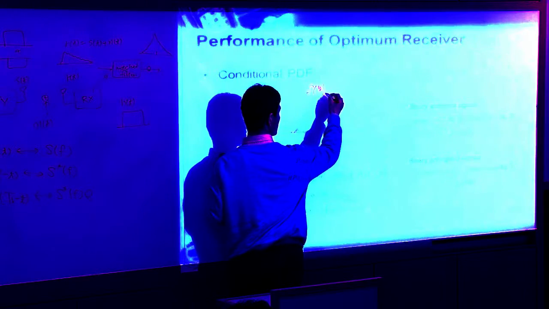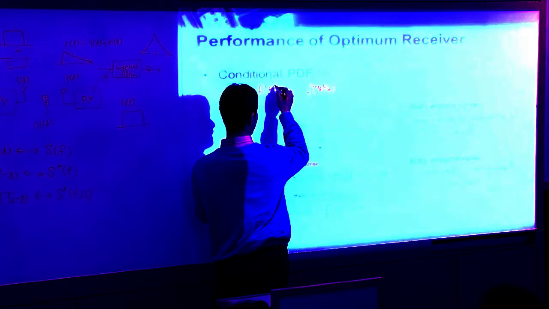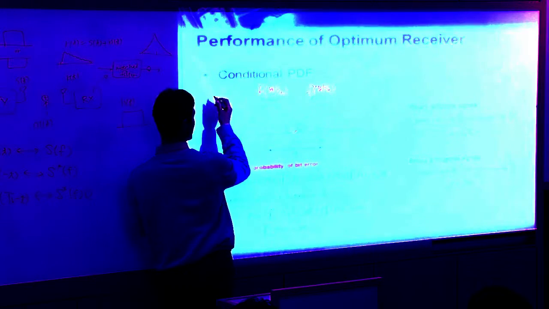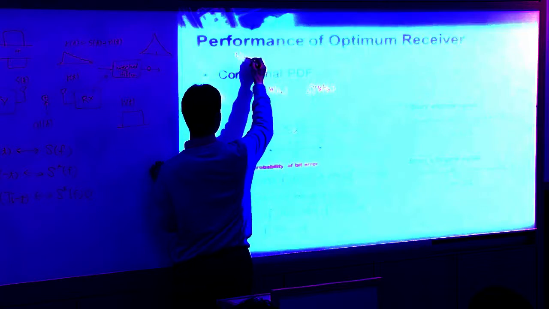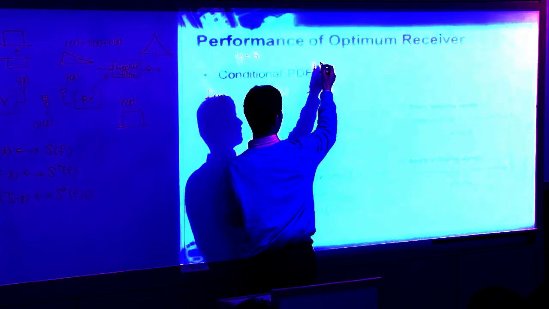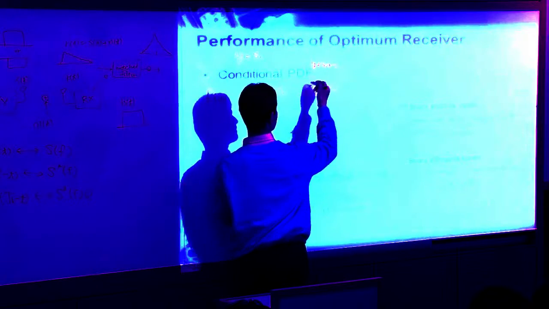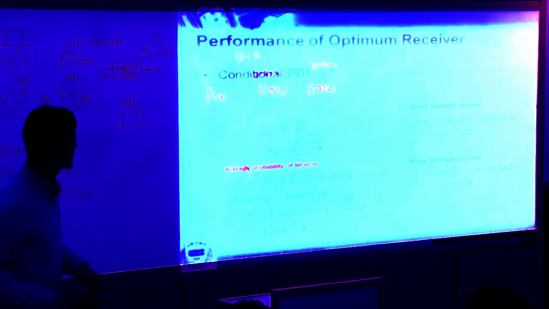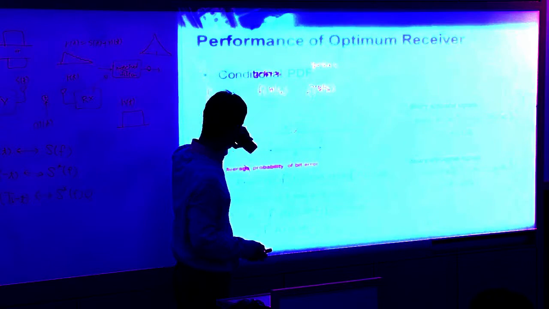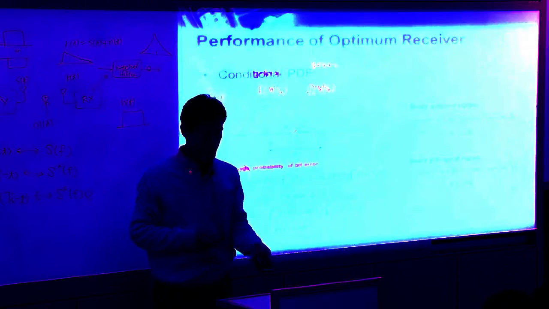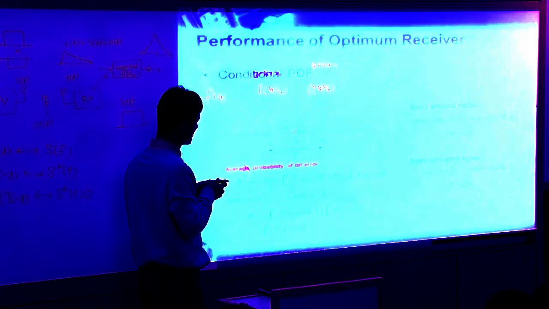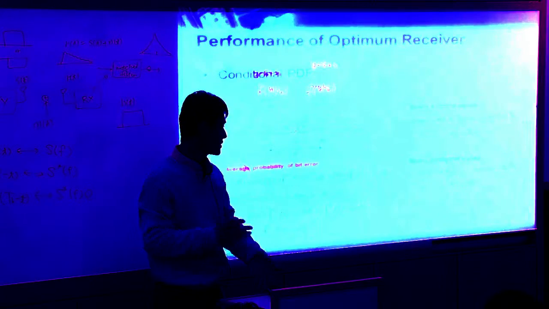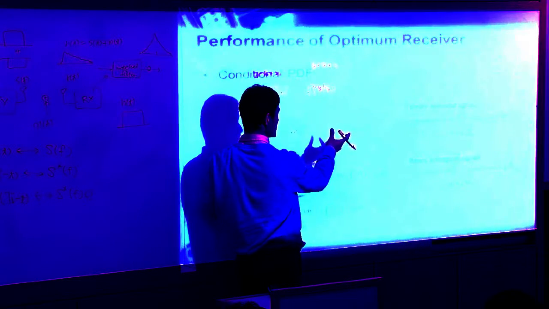But looking at here, this is a conditional PDF. Why is it a conditional PDF? What's the difference between this one and this? Right here, y is S1. In this case, y is S1 plus n. In this case, y is S2 plus n. Something like this. Actually, that's not exactly true, but it's easier to understand. So what we are doing here is a conditional PDF, which means that